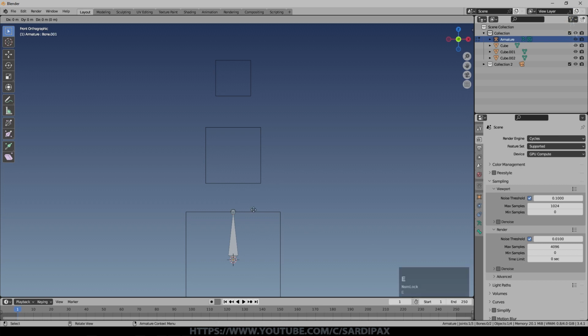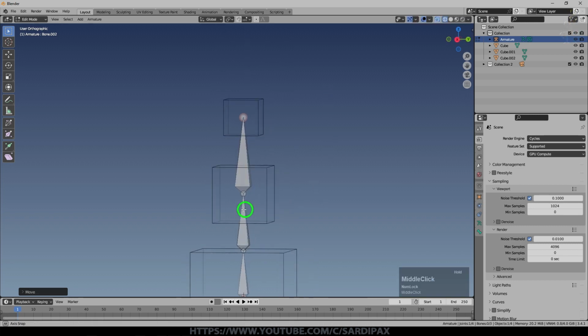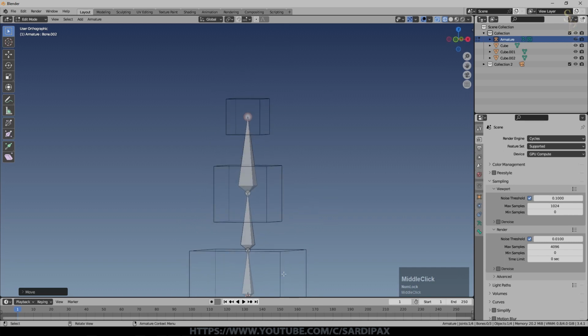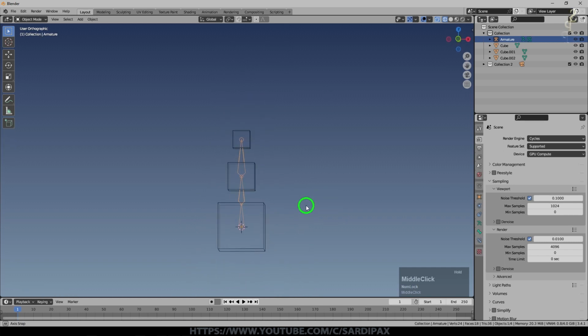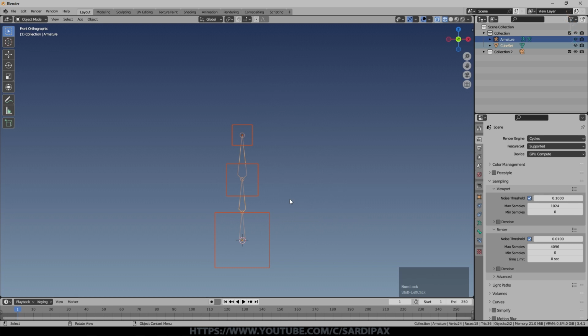I'm going to press E and then just press escape and then G, Z, just so that we have created a new bone that is already attached to the one below, and take that to about the middle of that object, and then E and then just press return and then G, Z, and we'll take that one up to there. Don't worry too much about the size. So we've now got a set of bones that are inside these three shapes. As it's a single armature, I want them to affect a single shape. So I'm going to select each of these shapes and say Control J, which will join them. We'll call this cube set. And we've now got a single object, you can see there, which is our cubes. I'm now going to hold shift and select my armature and then press Control P.